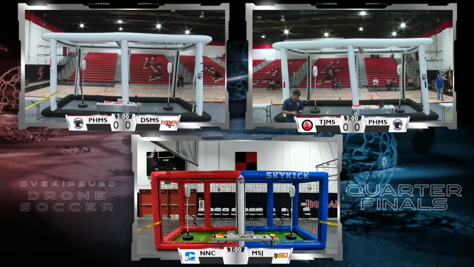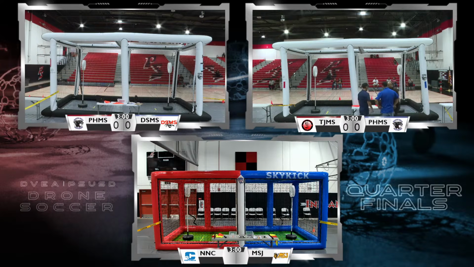Last but not least, in Arena D, right behind me in what we called the practice arena before, Arena D. That is Palm Desert High School. Arena D, Palm Desert High School will be on the red side against Raymond Cree Middle School on the blue side in Arena D. Students right now should be checking their striker tags, whether they are red or blue, and they should be getting ready at their arena space as we speak, moving towards their arena space.